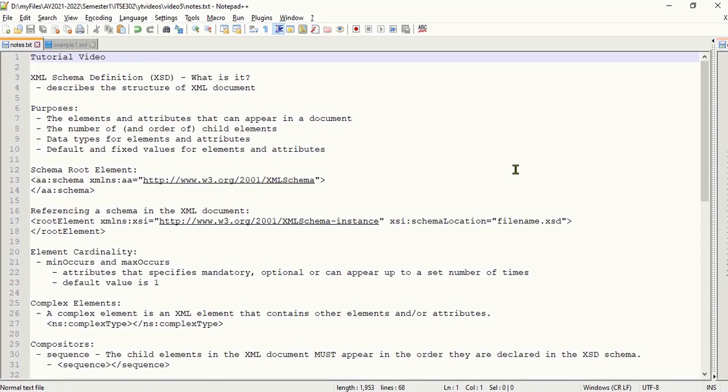Hello everyone. In this tutorial video, I'm going to explain the following topics. XML Schema Definition, that's the main topic, and then its purposes, what is schema root element, the referencing a schema in the XML document, element cardinality,